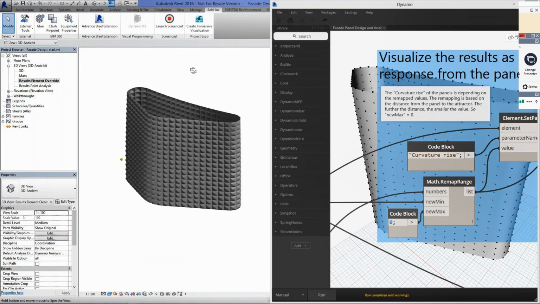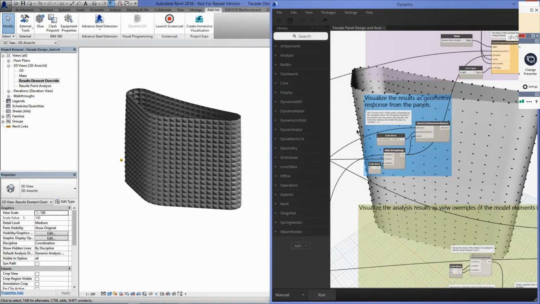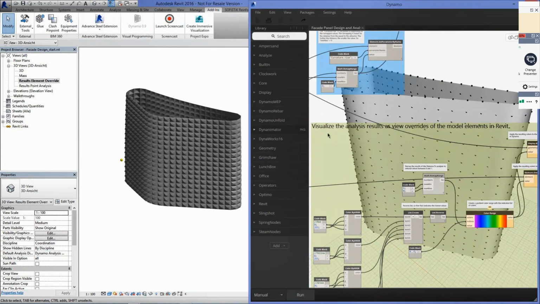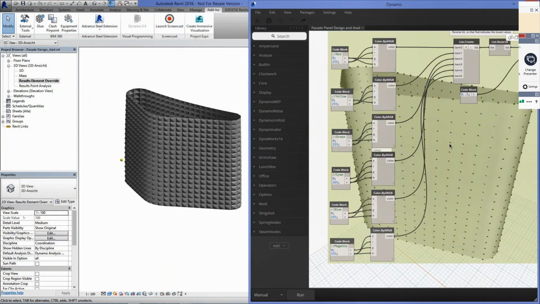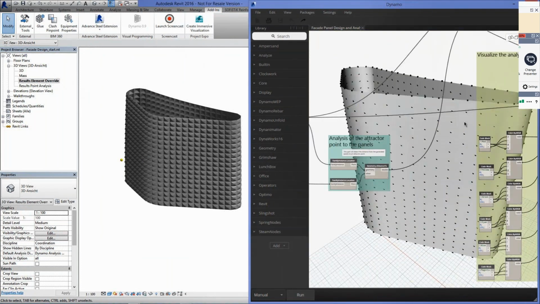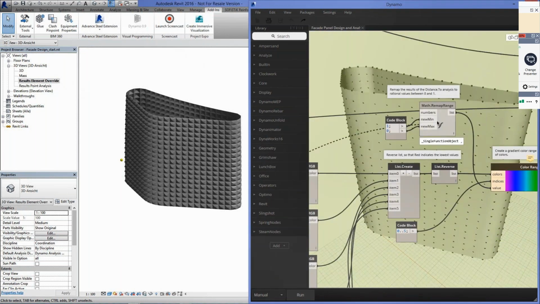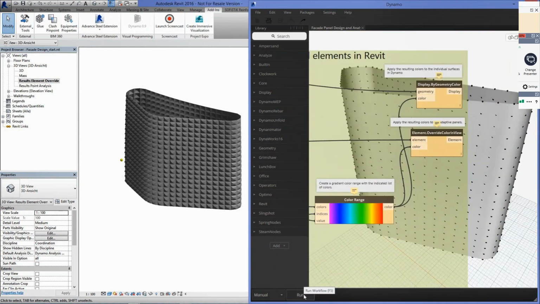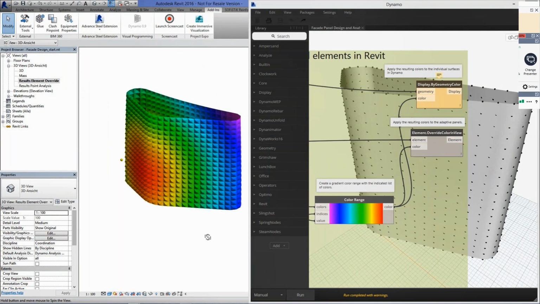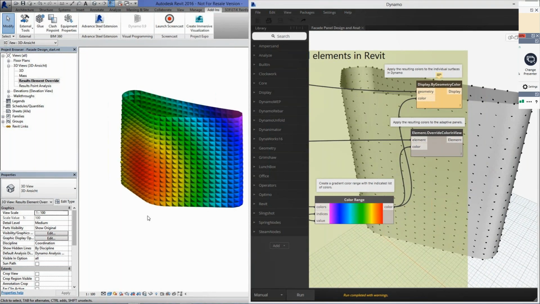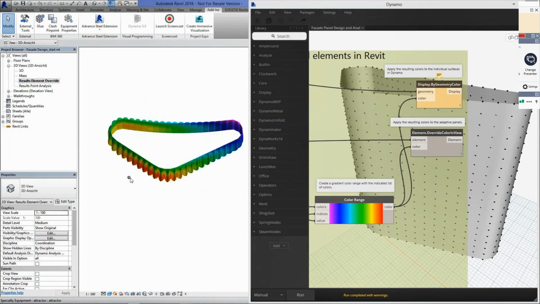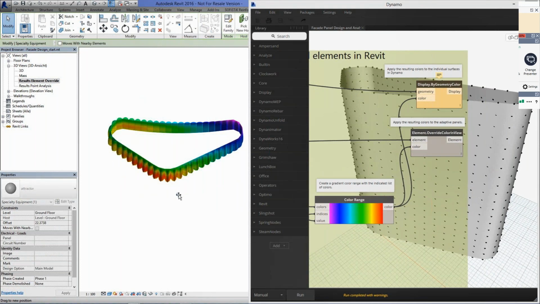We could also have kinetic panels created using the Dynamo environment in Revit, where the shape of the panel automatically adapts to a particular point or condition. So probably it might pertain to the position of the sun.